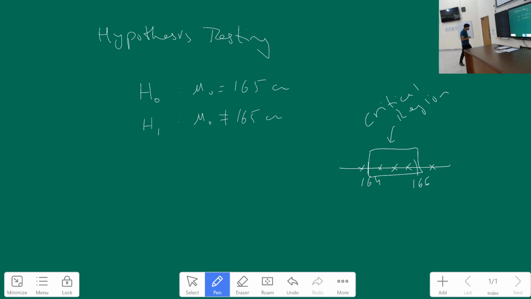So critical region, significance level, all these terms are popping up, and of course we will write them mathematically also. Now as I showed you here,